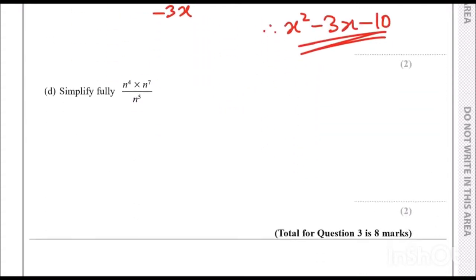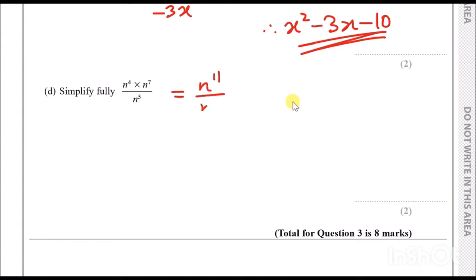And lastly, for part D, I think that's the last one, yep. Simplify fully this fraction. Now, when you're multiplying terms that have powers, like with the same bases like n, you just simply add the powers, yeah? So n to the 4 times n to the 7. If you add up 4 and 7, you get n to the